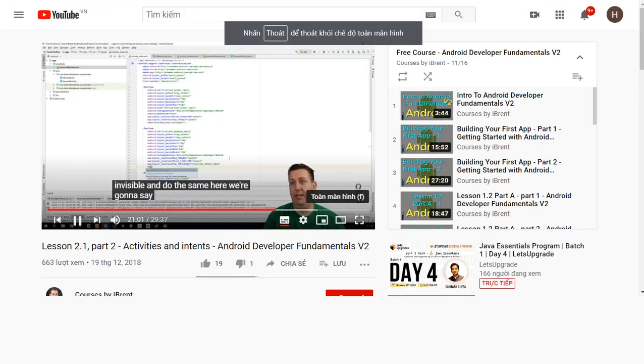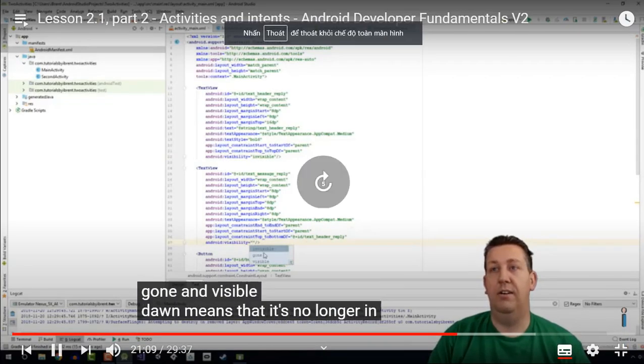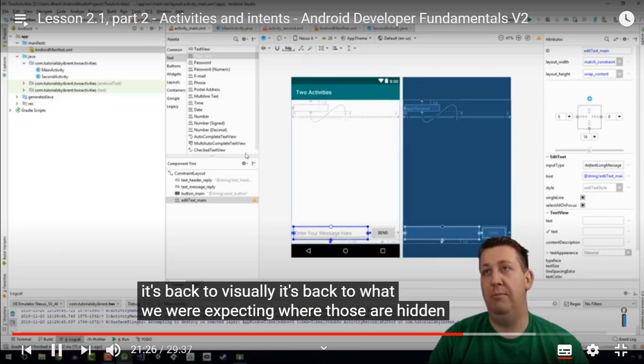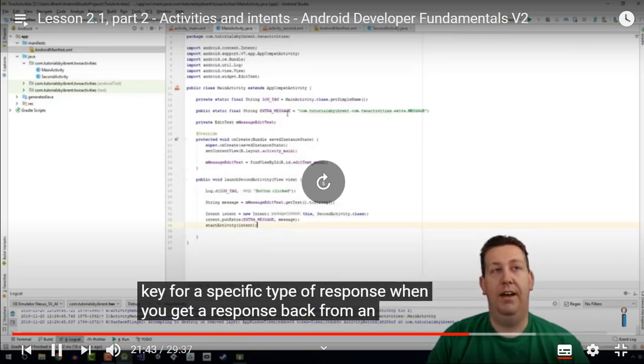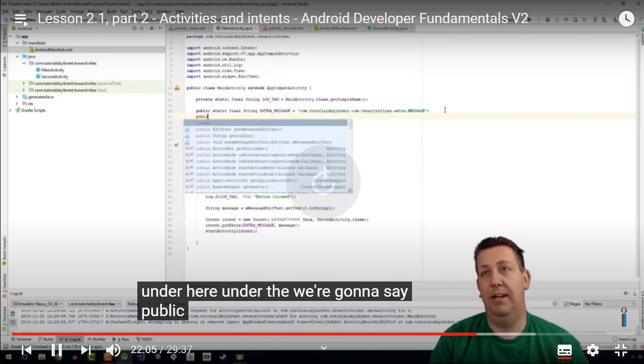We're going to say visibility and set it to invisible now so that it looks, when we look, those are hidden. But and we want the check, so public or